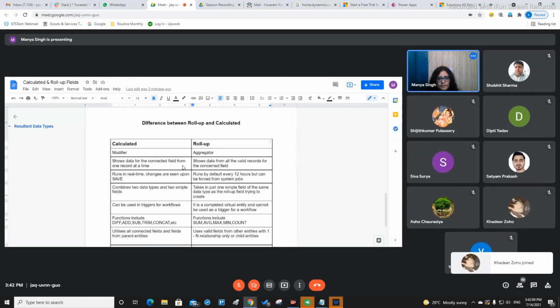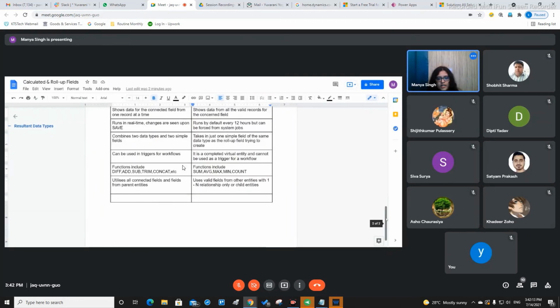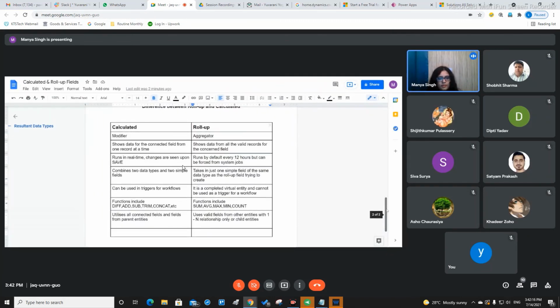next up, yes, the functions differ. We have functions for diff, add, subtract, trim, concat, and so on for calculated fields, while for rollup we have functions like sum, average, max, minimum, and count. Okay. At the same time, calculated fields are going to utilize all the connected fields and fields from paired entities as well. While for the roll-up field, you need to have a one-to-many relationship, as well as you need to have